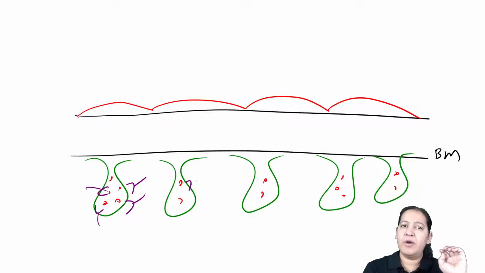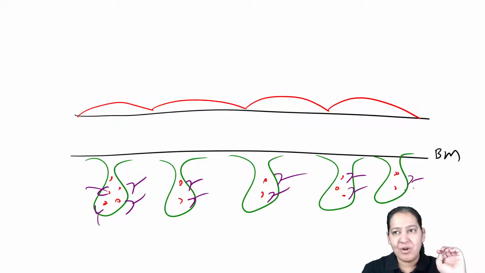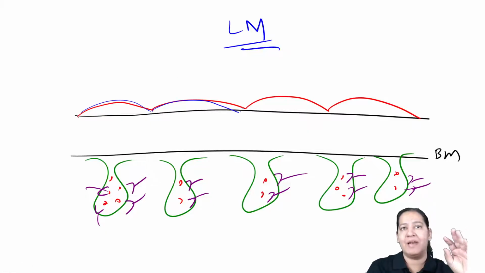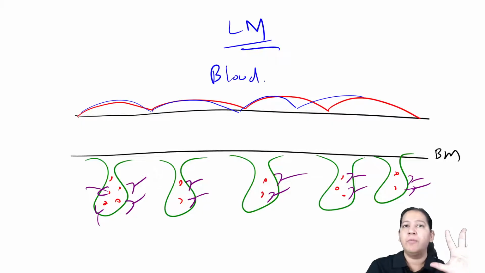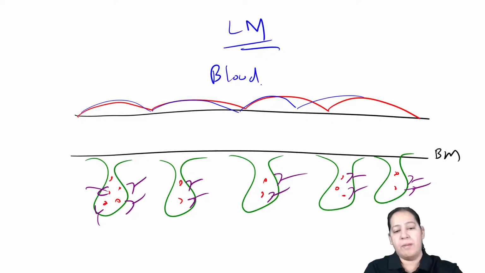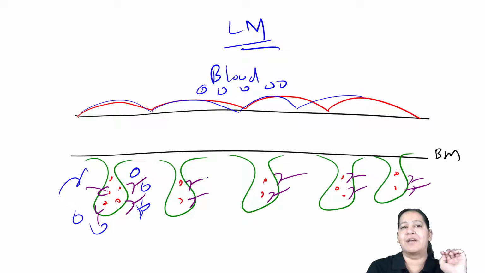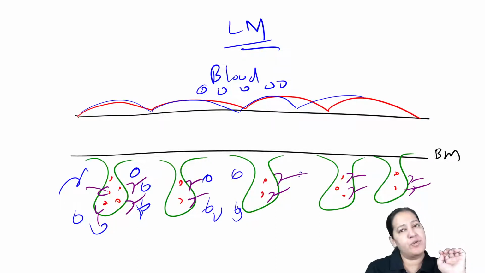So antigen antibody complexes are formed here. But these antigen antibody complexes are not visible on light microscopy. Because of these complements, from the lumen of the blood, this is a capillary, and inside it blood is present. In the lumen of the blood, there are WBCs. Multiple WBCs will come from the blood and get deposited here. It can be neutrophils and lymphocytes.